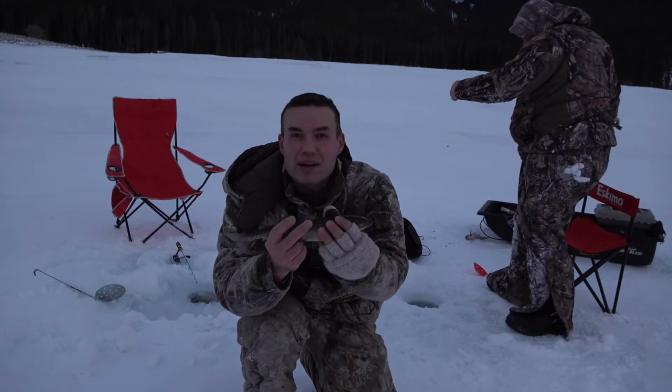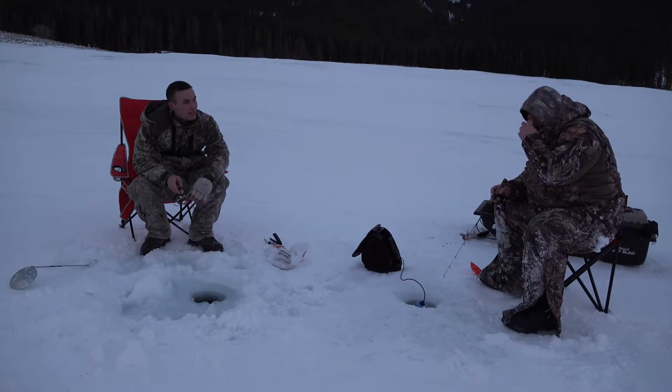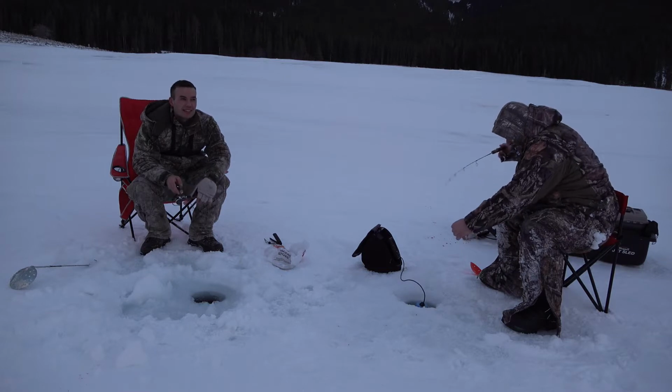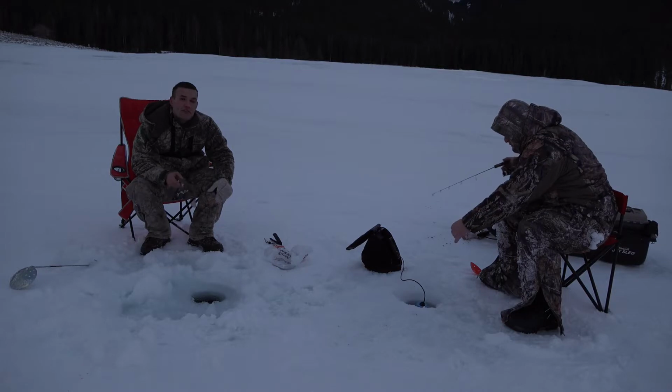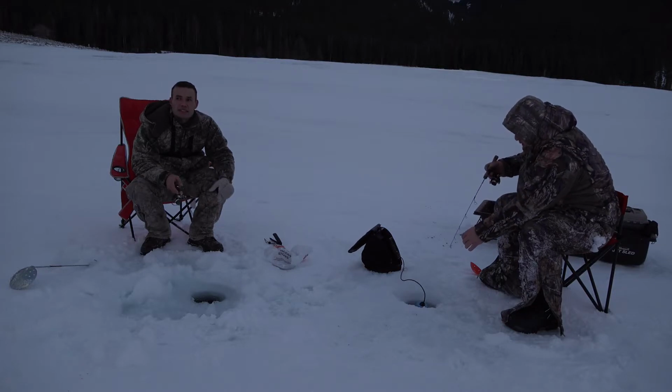We're gonna cook this little guy. We have one more that we caught earlier. Good job, Emil. Oh, thank you. So this is actually his first Rocky Mountain whitefish. Pretty tasty fish. Some people think it's a bit bony,